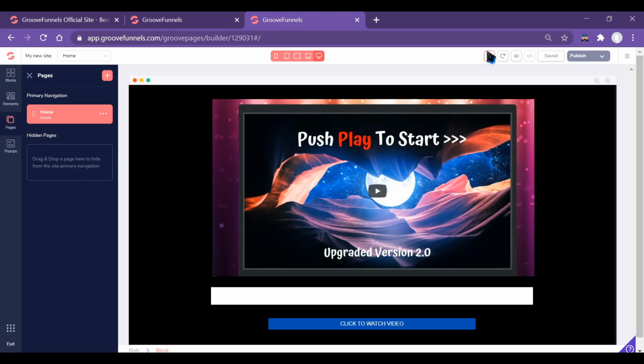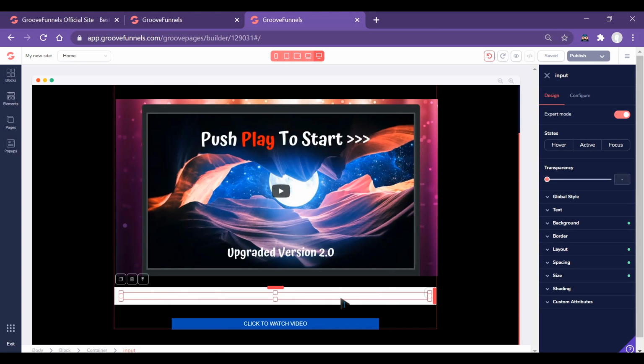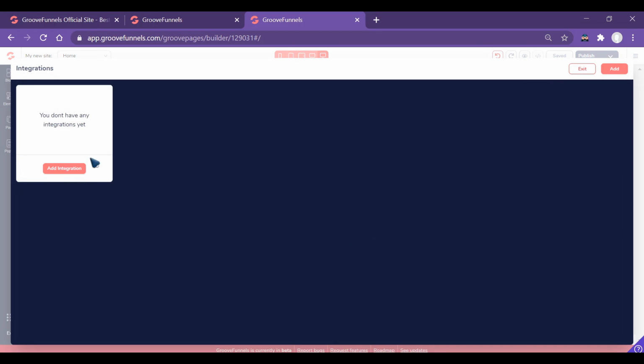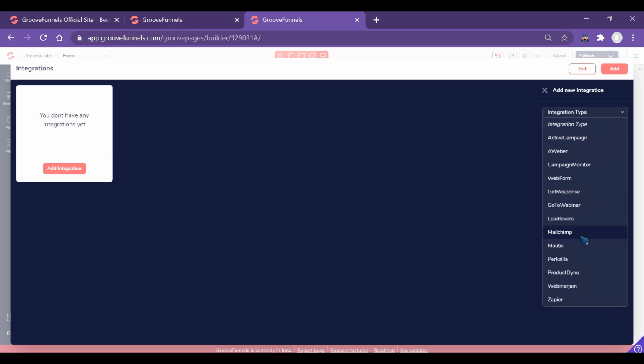Also, I forgot to mention one thing: you have to integrate something with this form, because right now these guys don't have an email service. So add integration, and with integration type you can choose anything from these options.